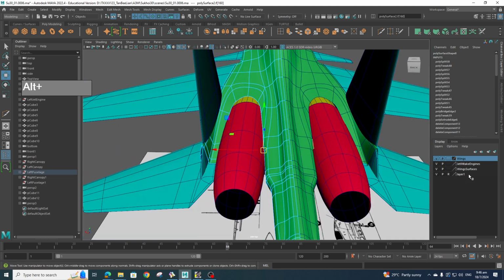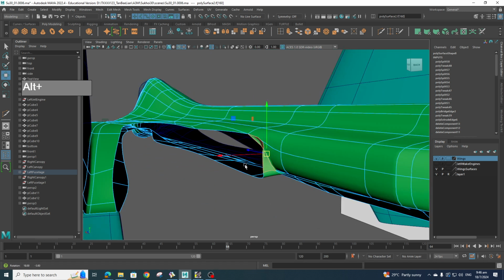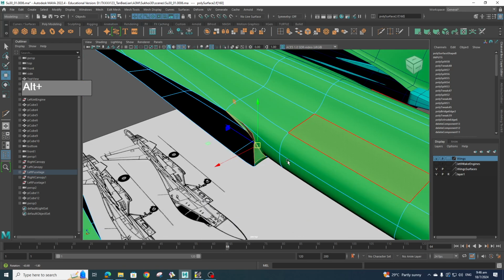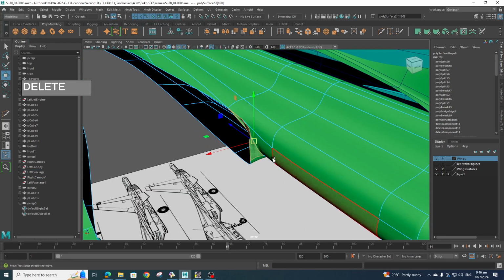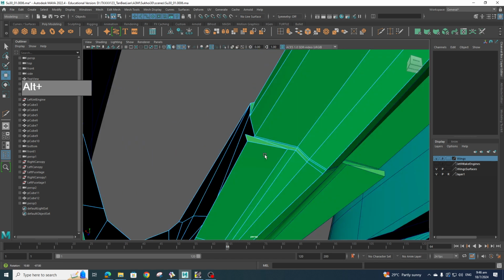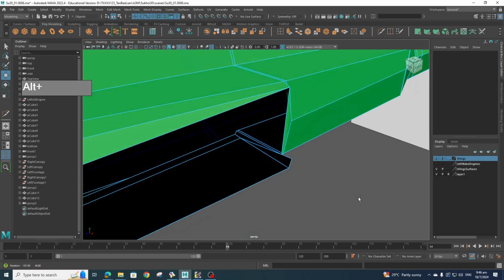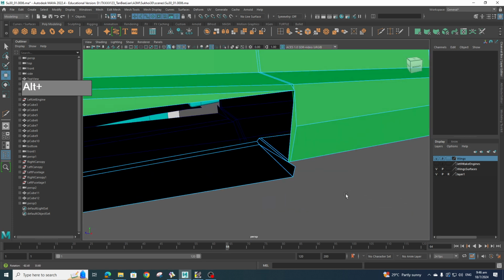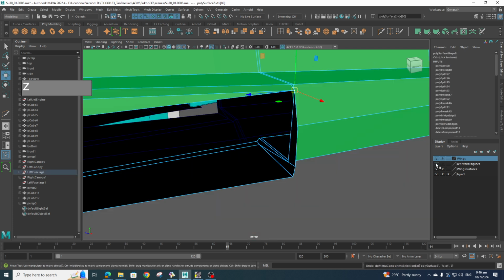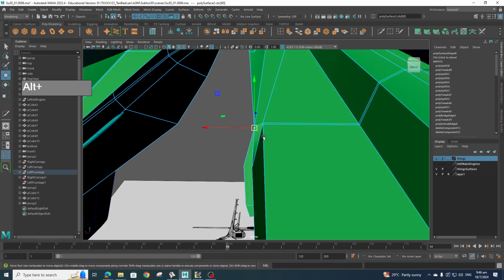Okay, I'm going to temporarily hide the jet engines and see what's going on here. Maybe I don't need this face. I can delete away this face. Let's go and look at it in level 1. See what that looks like. Okay, let me just bring that face back and let me undo that, and see what do we have over here. Okay, so